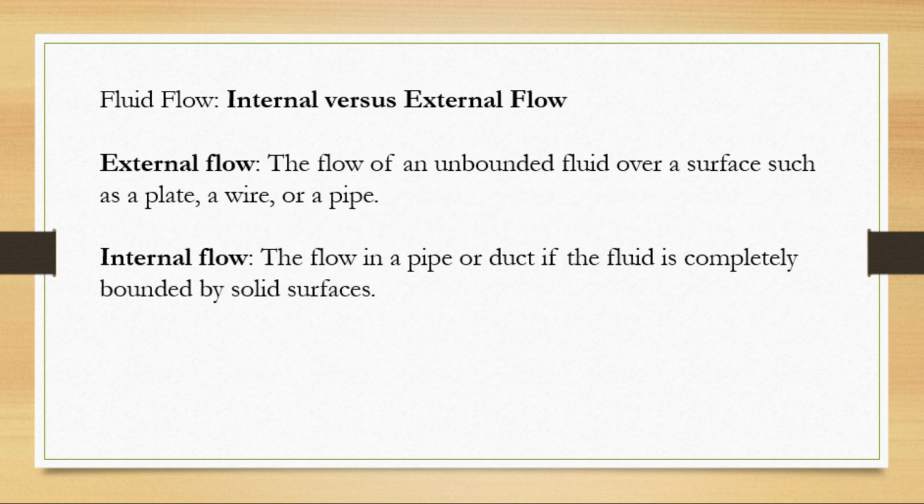The fluid flow for the surface tension is internal versus external flow. External flow is the flow of an unbound fluid over a surface such as a plate, a wire, or a pipe. And internal flow is the flow in a pipe or duct if the fluid is completely bounded by solid surface. That's all from us